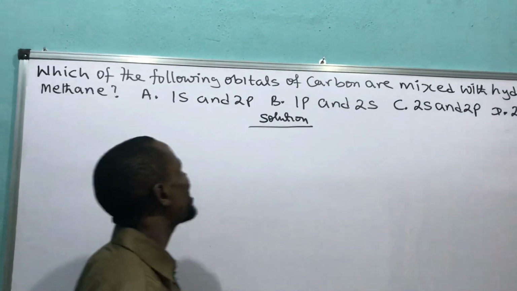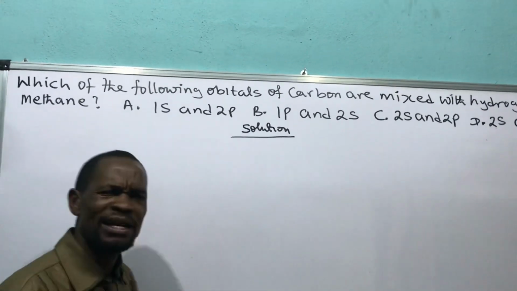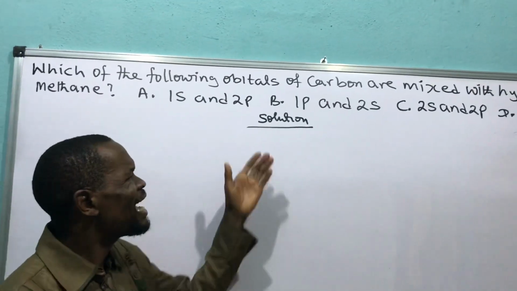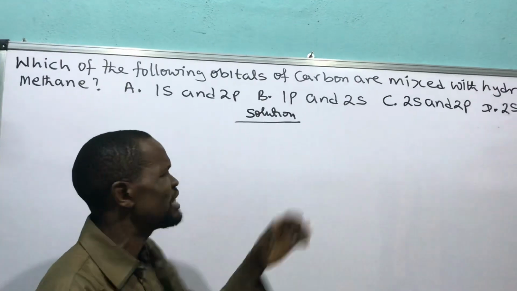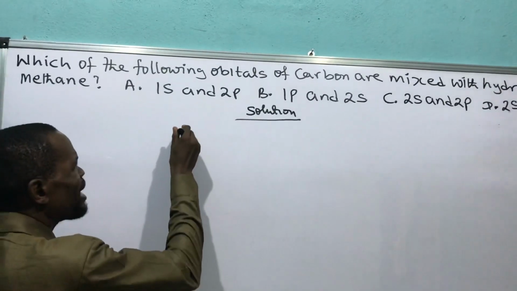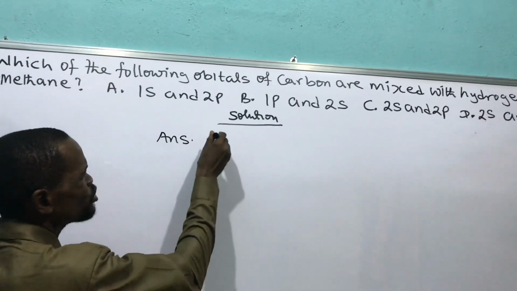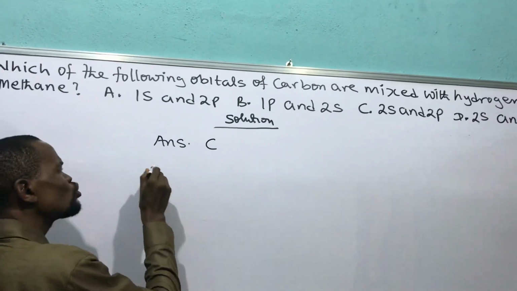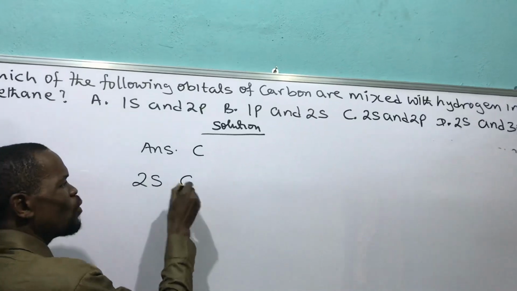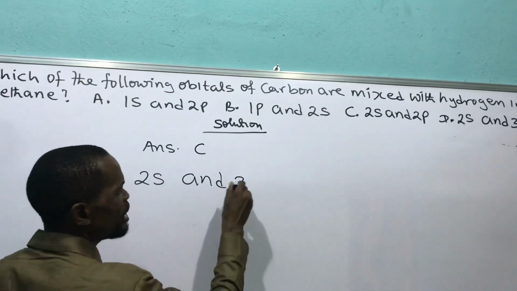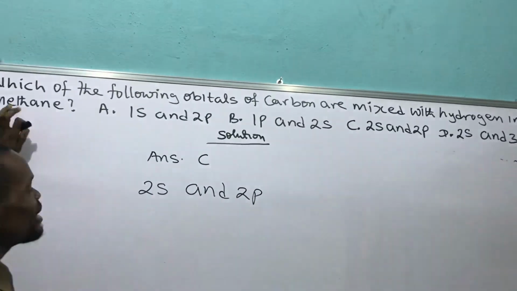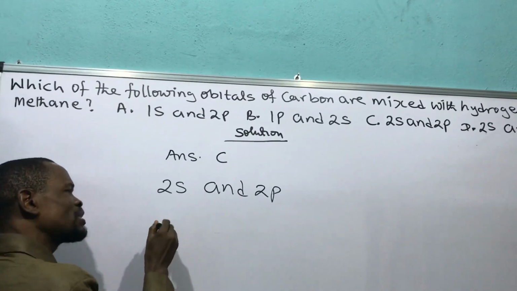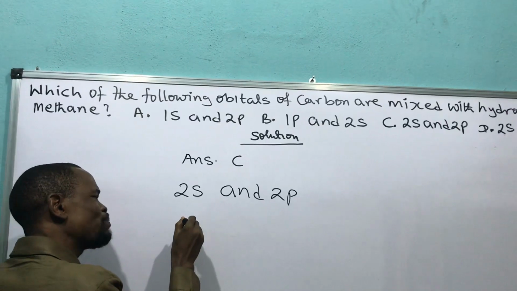Now, after we have gone through the whole explanation, we find out that our option for the answer of this is option C. Option C is our answer here. My answer is option C. What happened in option C is a mixture of 2s and 2p that is existing in methane. And how do they exist? We call it